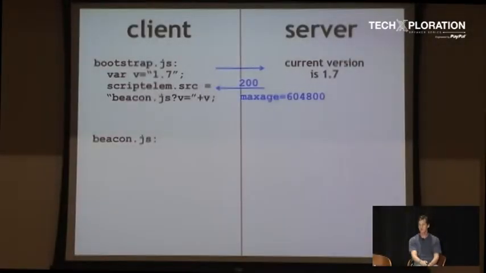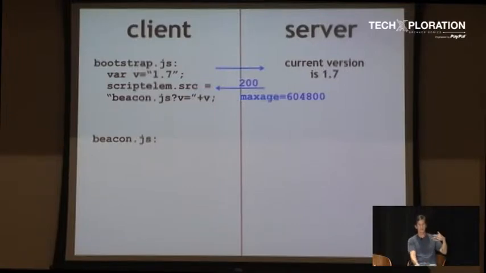So the current version is 1.7, so when you request bootstrap.js the first time, I'm just going to return a 200 response. But instead of making it cacheable for only an hour, I'm going to make it cacheable for a year. I think that's a year. And now